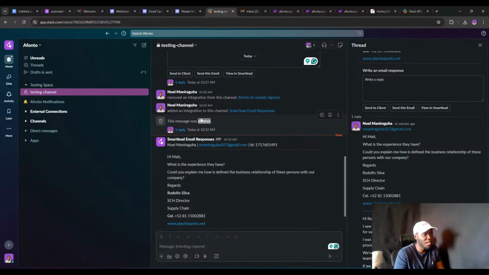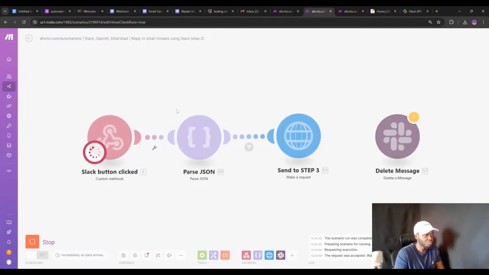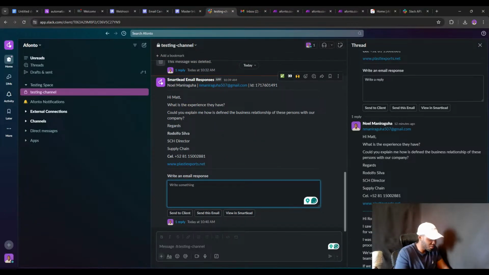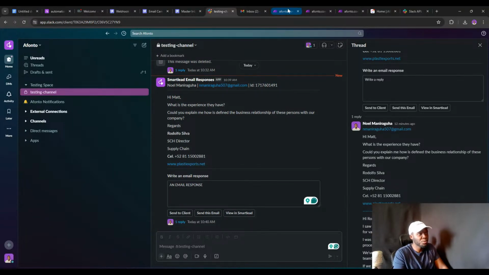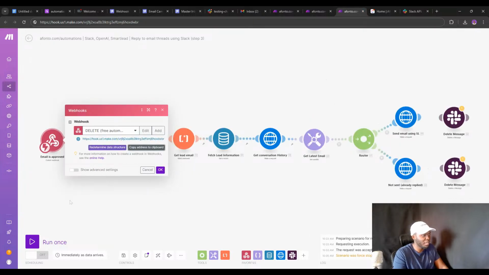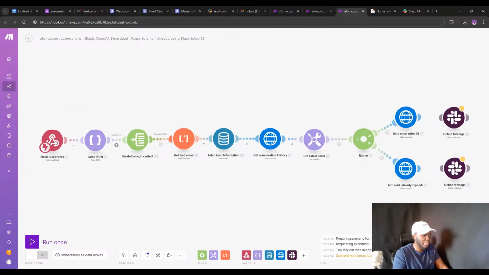And this time around, we're not going to delete it, just for testing purposes. And so now we're going to create an email response. So an email response, right? And then we're going to click send this email. And then once we do send this email, it should trigger this automation and then send it to step 3. And then inside step 3, we should